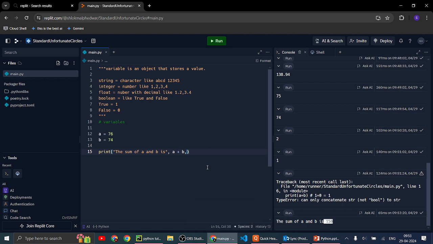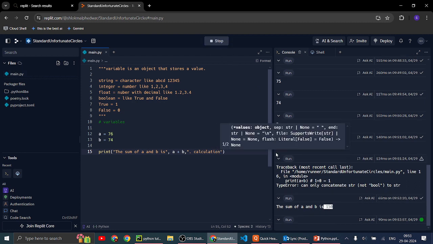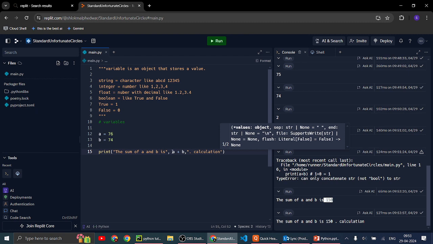So if you have to write calculation completed at last, you can do it like this, but it's not the correct method.